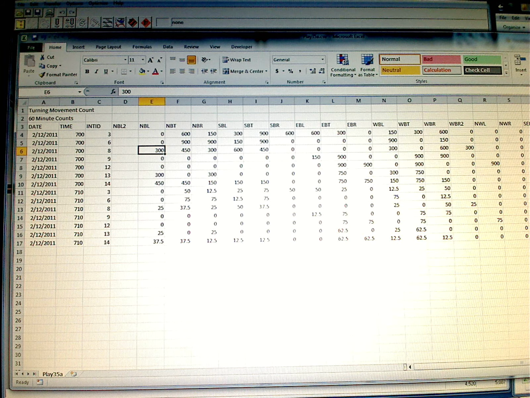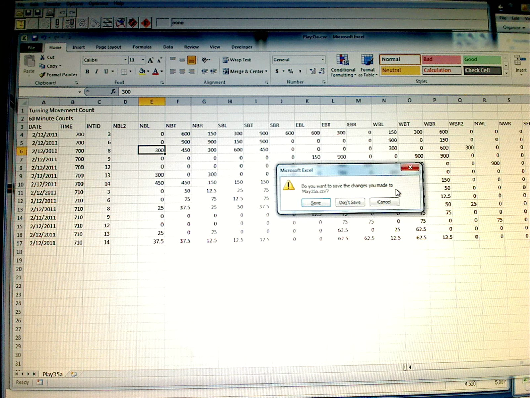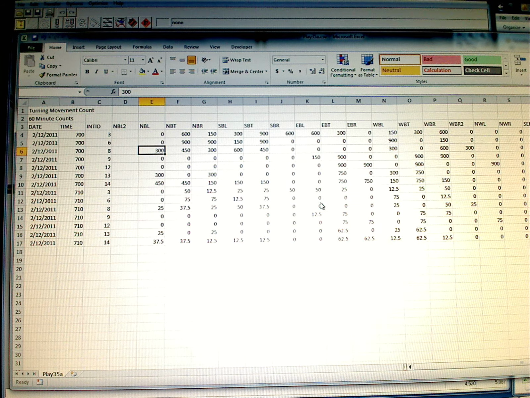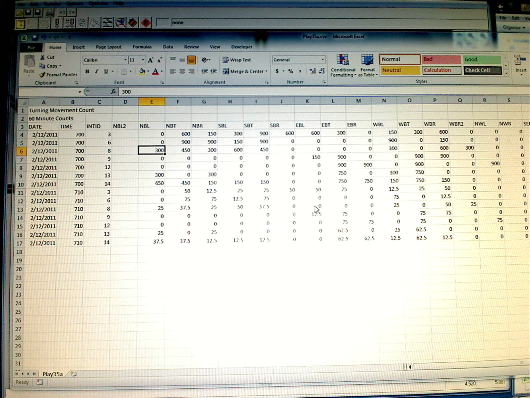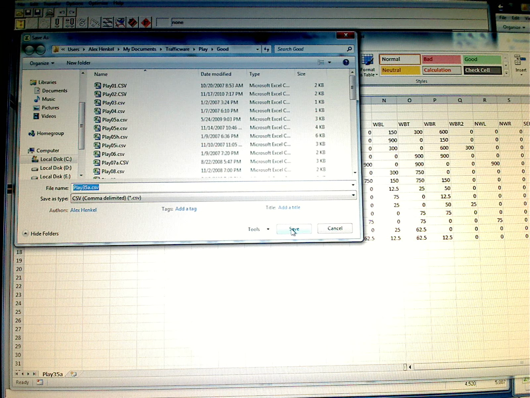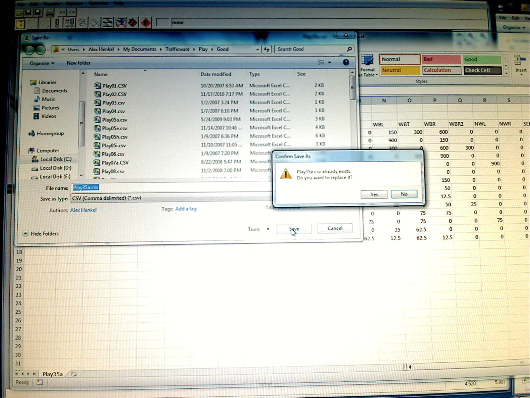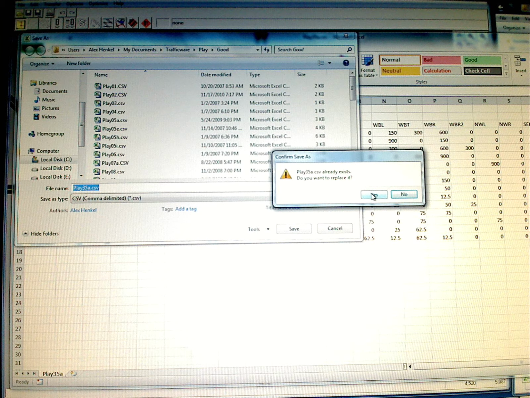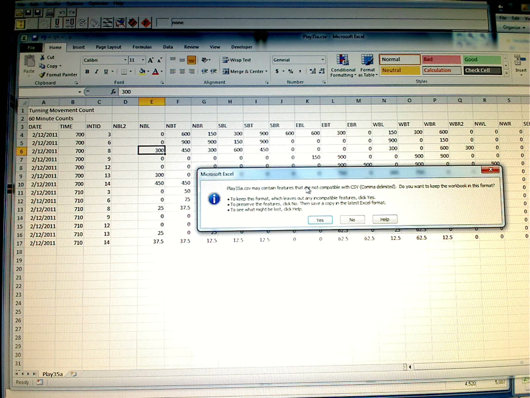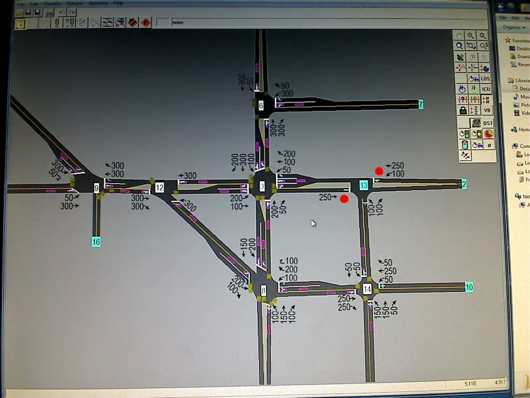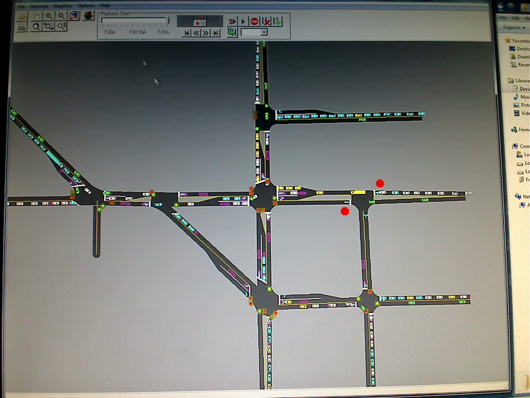So then I go ahead and close. So I say save when it prompts me, and I say save to that CSV. Do I want to replace it? Yes, I do. And then do I want to keep the workbook in this format? Yes, I do. Okay. So now when I go to run the simulation,